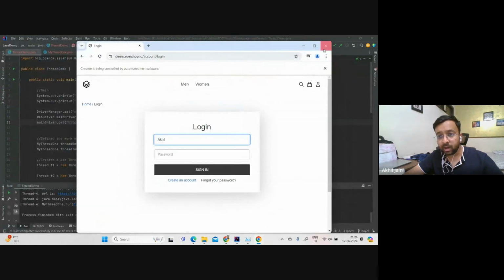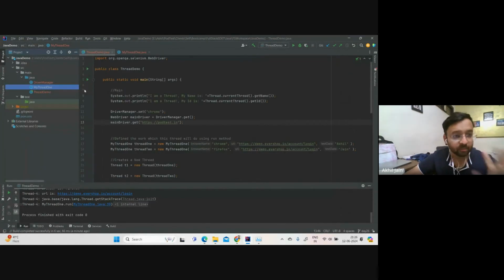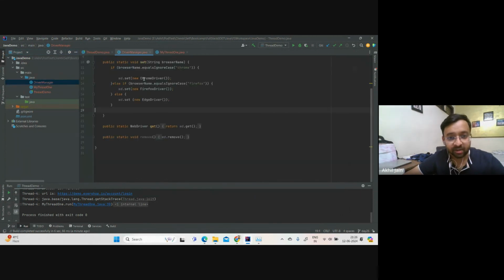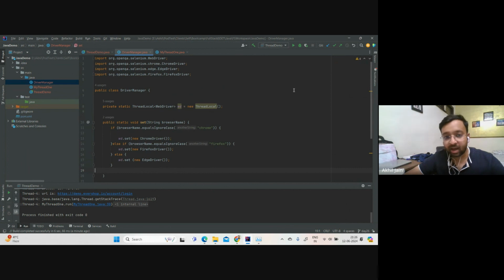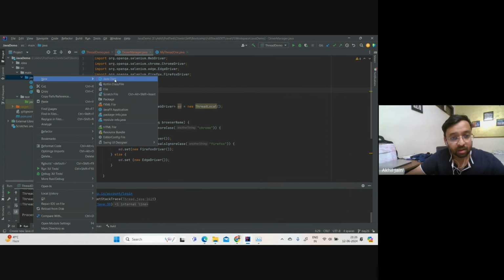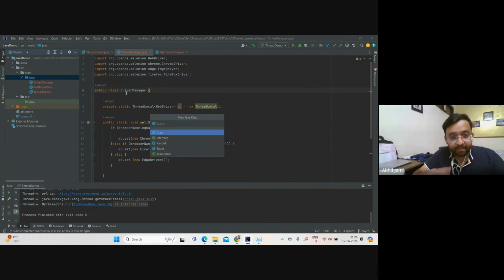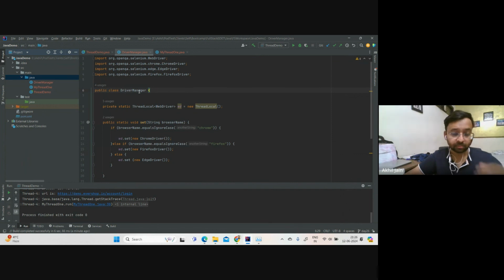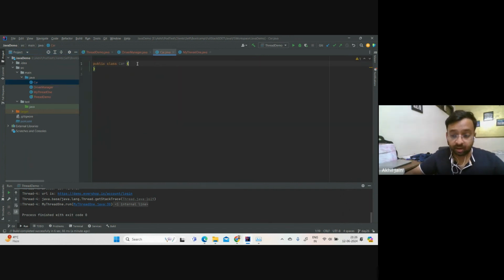Okay, right? One last thing which I wanted to show, really last thing, is this part. This is driver manager, right, which I did. Let me say I want to store something else. Let me create a car. Okay, let me create a car variable. Let me create a car, and here I will say